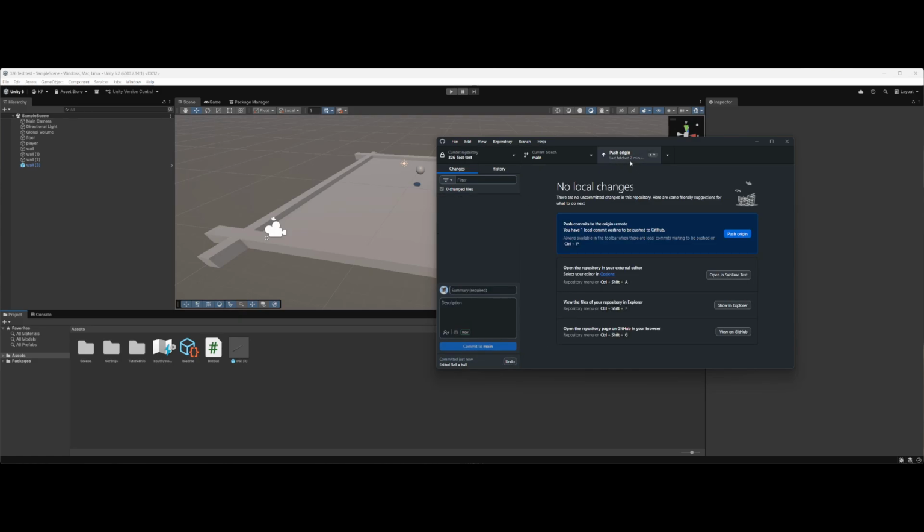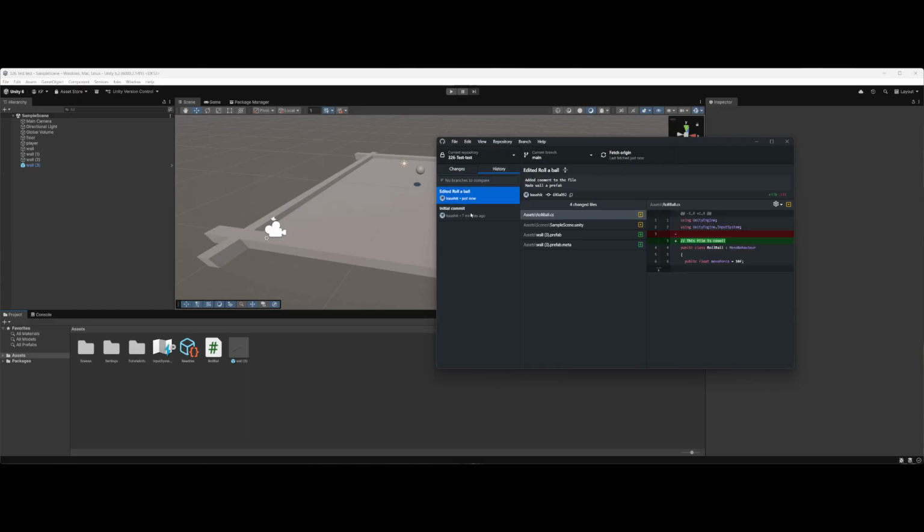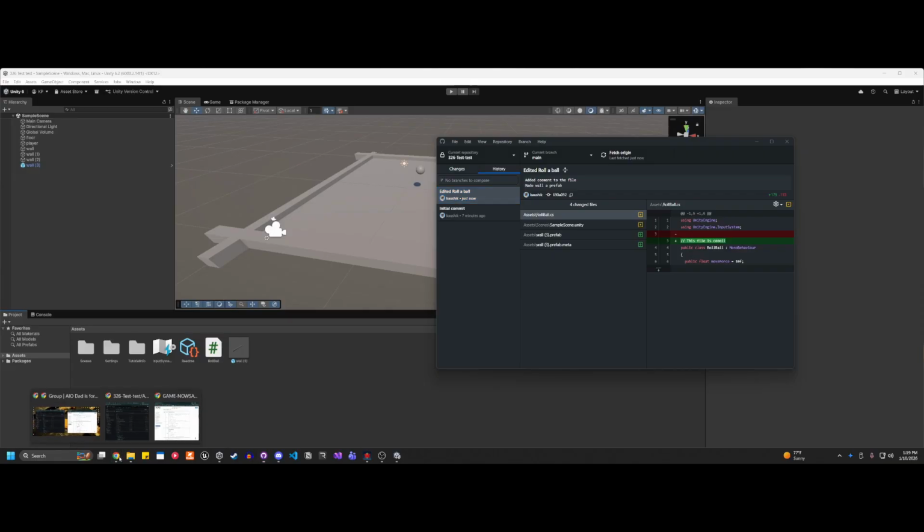And then there's a button here that says push origin. You click that, and that's going to sync it with GitHub. This commit to main just commits it locally, and pushing it pushes it to the website. If I go to history, you can see now there's my initial commit, and just now I had a new commit called edit rollable. If I was to go back to the website,